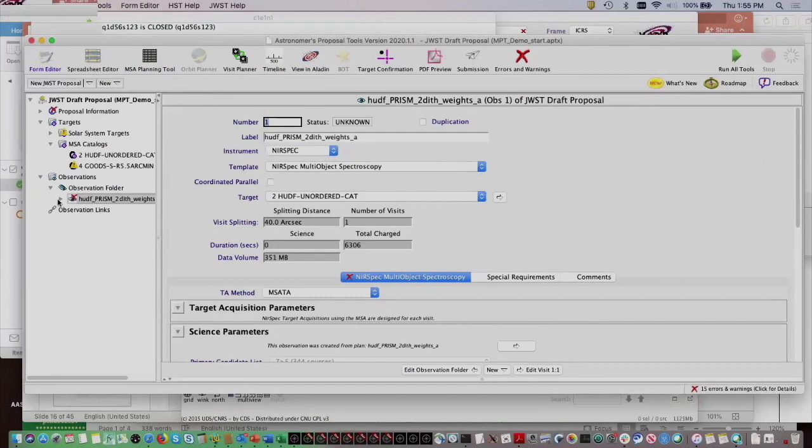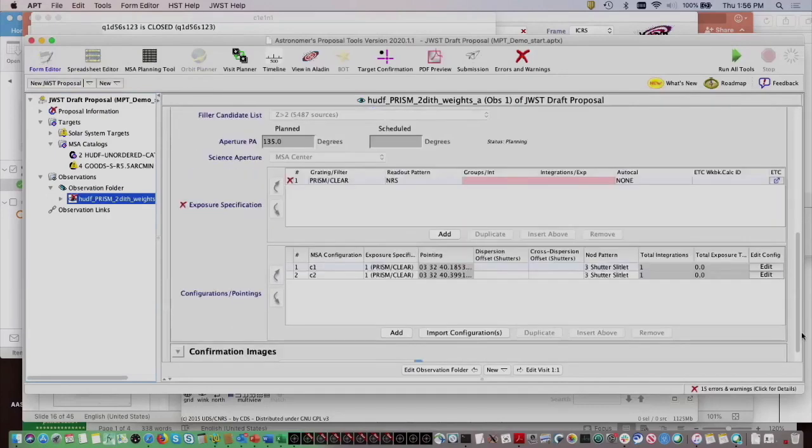So you can see that it populated the observation folder with an observation, and I went over to the observation. I'm now in the form editor. Again, I was in the MSA Planning Tool to select the plan and create the observation, but it automatically changed the view for me back to the form editor. Now I'm in the observation template,